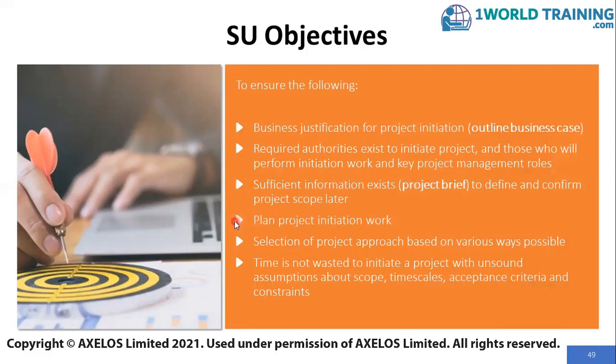This process also ensures the planning of the project initiation work, meaning it should be clear in the starting up a project process as to what exactly will be achieved in the initiation stage. For example, in the initiation stage, it should be known that the project planning will be performed, the PID will be developed, and so on. And those will be described in the initiation stage plan, which is developed in the starting up a project process.